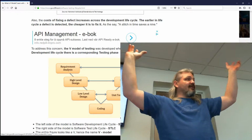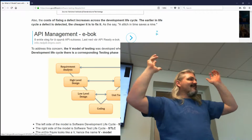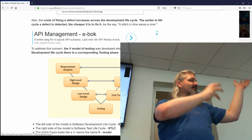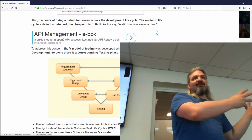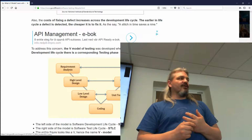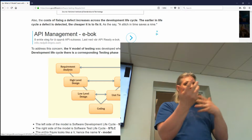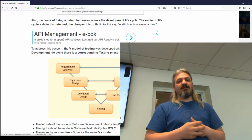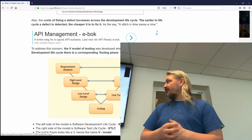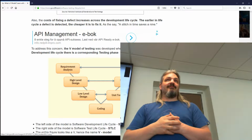And you can have a separate testing team to a development team. So you have a team who are specifying things and writing tests for it, and you have the development team satisfying those tests. You can actually have them as separate teams. Often you will have them all in the one team, because they work together quite a lot. But if you're outsourcing, you usually outsource the development rather than the testing,